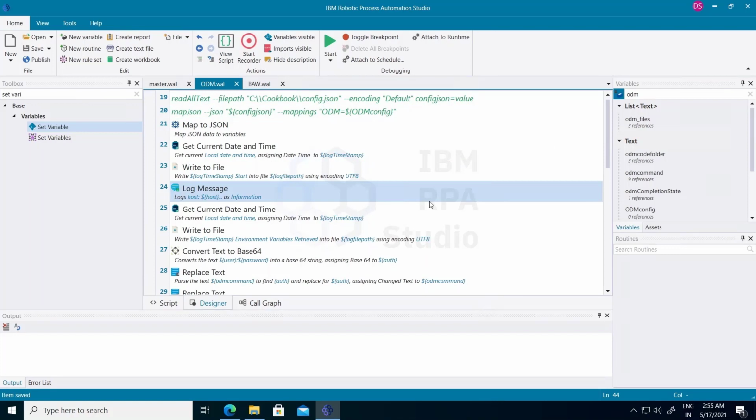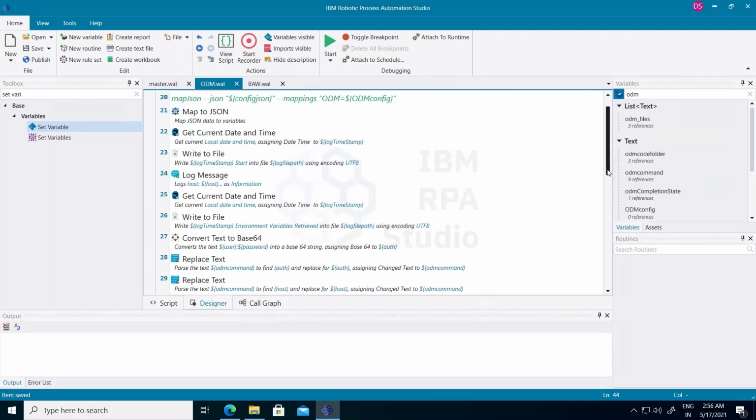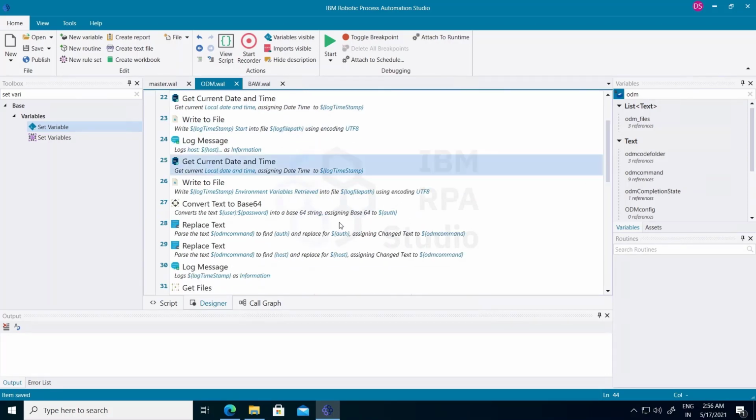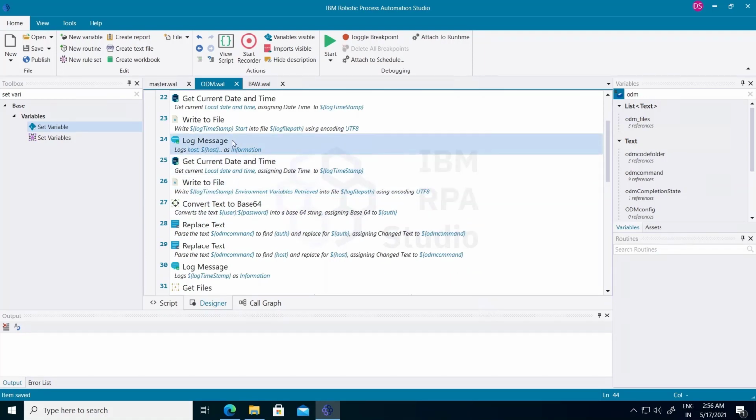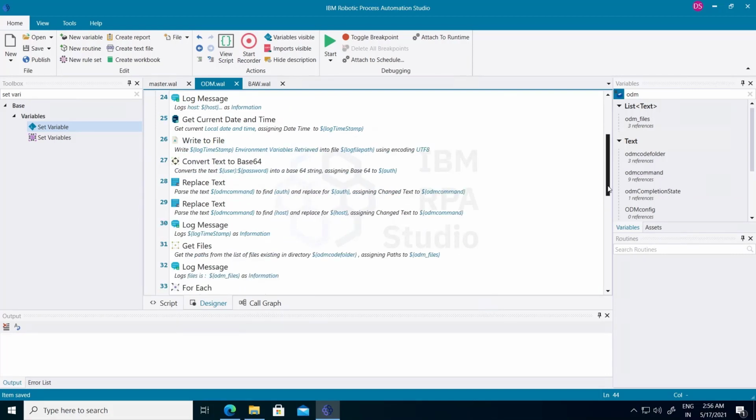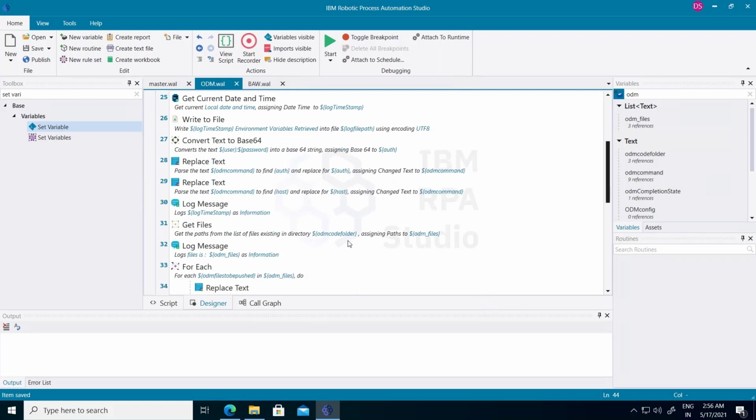Here similarly, we'll retrieve ODM values from the variables which we defined in the JSON file. Then we have some commands for writing what is happening in the log file of ODM. Then, since we require authentication, username and password are converted to a base64 string.